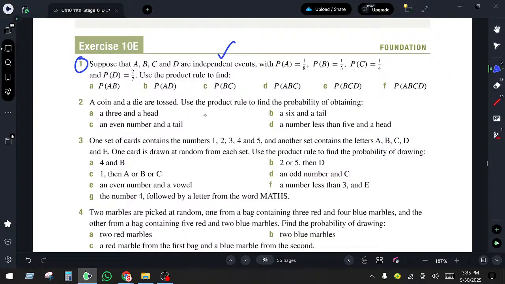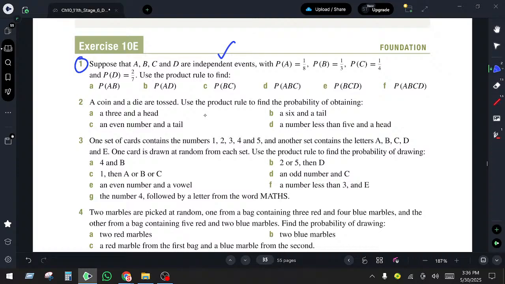Use the product rule to find. इंडिपेंडेंट है, एक दूसरे का कोई लेना देना नहीं है, सबको प्रोडक्ट करो। डिपेंडेंट होगा तो लफड़ा है, वो रिप्लेसमेंट वाला। वो डिपेंडेंट का मतलब है it should get back, it should get back. If it is replaced means no problem. If it is kept separated then that is you change the output. बस मोटा मोटा ये याद रखो भाई, आउटपुट सेट बदल गया तो इंडिपेंडेंट नहीं है, आउटपुट सेट नहीं बदला तो इंडिपेंडेंट है बस।